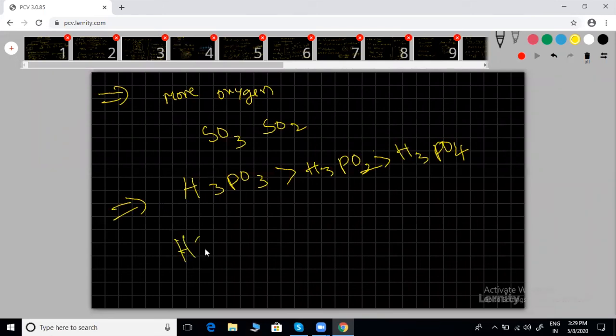Remaining, you know that one: HClO4, HClO3. So those I am not going to discuss. Acidic character is more with more oxygen. You can see some problems based on this next class. If possible, try to write all the amphoteric oxides, mostly given in the previous class. We can learn them. Next class we'll discuss. If you need any other concepts, let me know and we'll discuss. Okay, stop now.